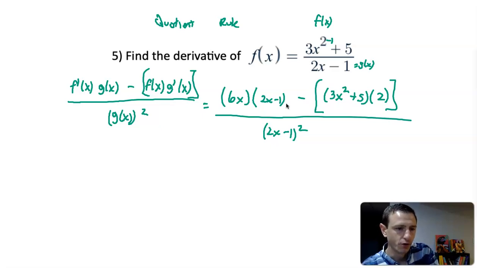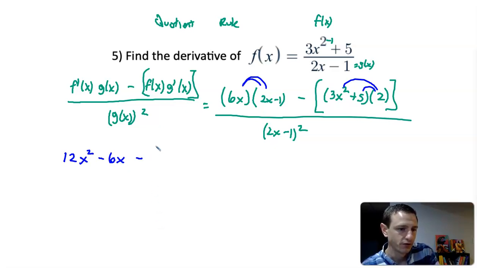All right, let's keep going. We have a couple things we need to do. We need to distribute this, we need to distribute this, and we need to make sure we're subtracting off all of this. So let's do a little bit of a 2-for-1. I'm going to do this step and this step, and I'm not going to subtract off just yet. 6x times 2x: 6 times 2 is 12, x times x is x squared. 6x times negative 1 is negative 6x,